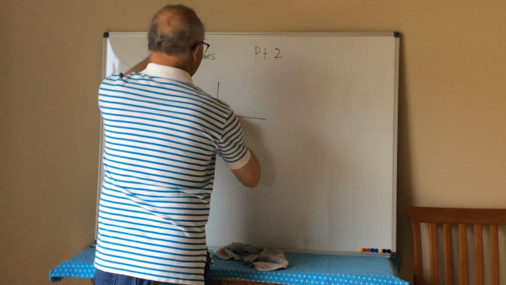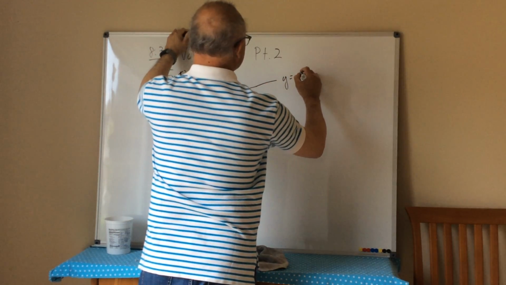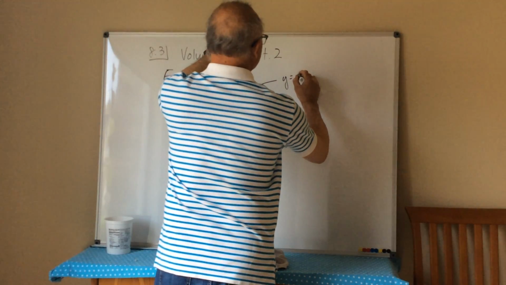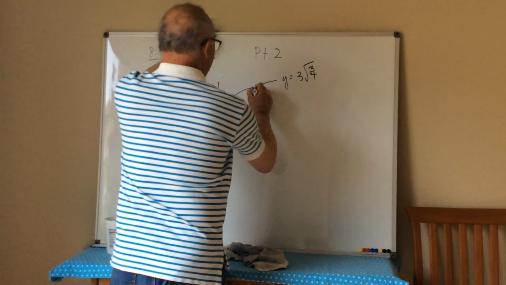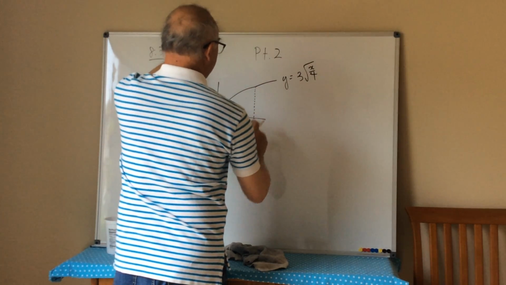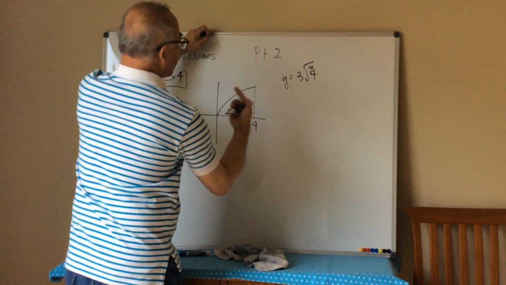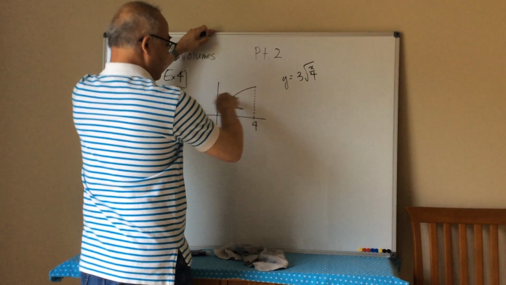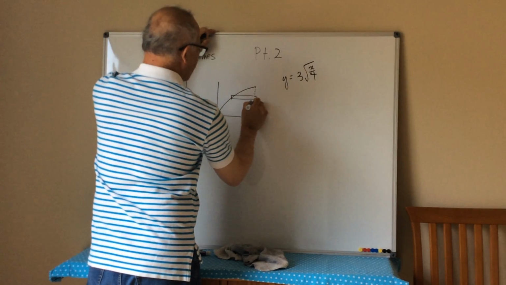We have something that looks like this, and this is y equals 3 root x over 4. And then I'm going to have x equals 4. Okay, so I don't need this part anymore. And I'm rotating this around this axis, right? So I'm going to slice it this way, each one will be this way. So in other words, I'm going to end up with a